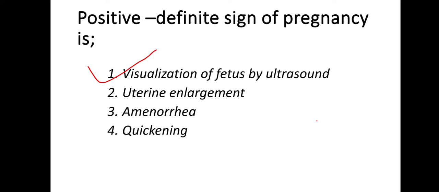The second is the probable signs of pregnancy. It is observed by the medical practitioner, either nurse or doctor. These include Hegar sign, Chadwick sign, Osiander sign, Jacquemier sign, Goodell sign, and so on. And the third group is the positive or definite signs of pregnancy. It is the actual diagnosis, the compulsory signs of pregnancy.